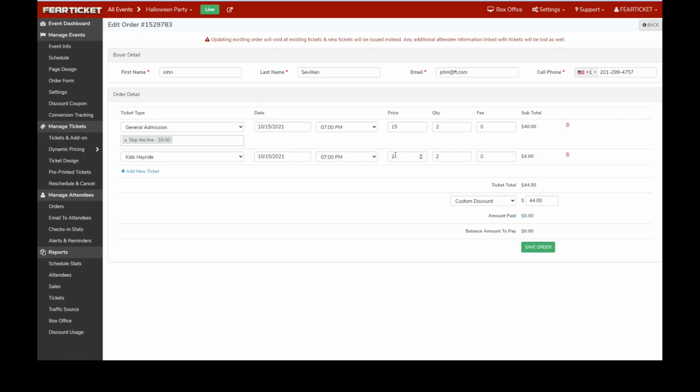So you have to inform the ticket buyer that once we make any change in the order, they will get a new ticket and they need to carry that new ticket with them by the time they are visiting your haunted house. You can change the name, the email address or the cell phone number as well from here, and this is how you can basically edit the order for any particular ticket buyer.